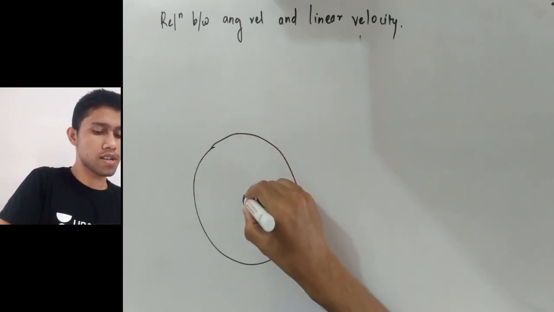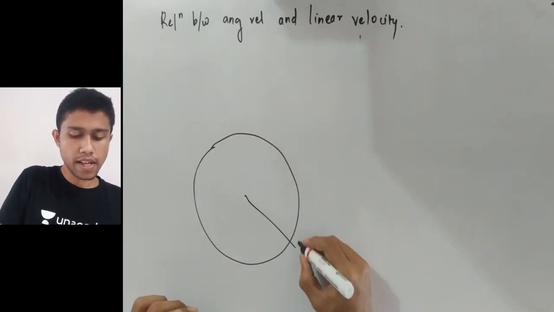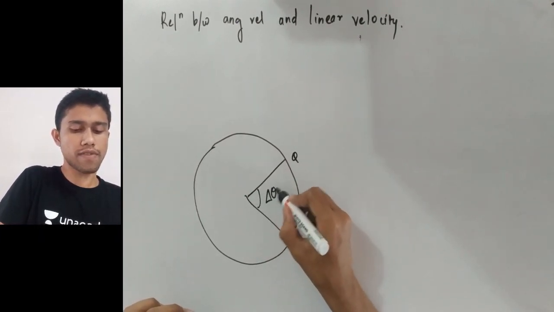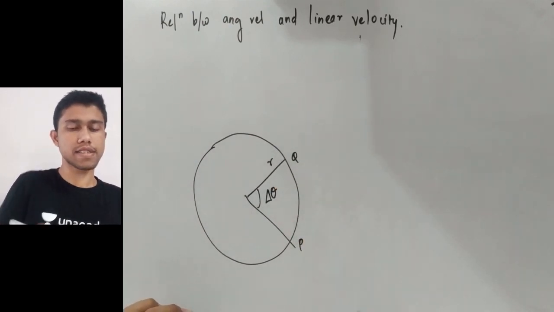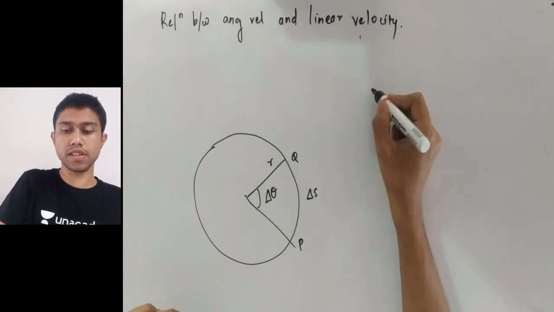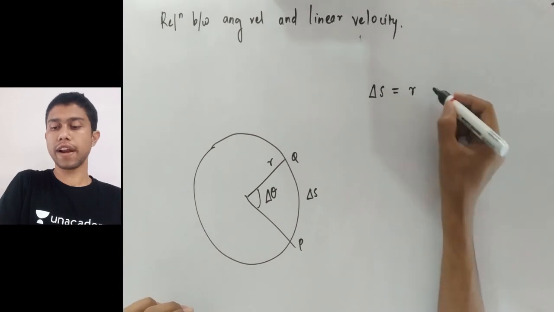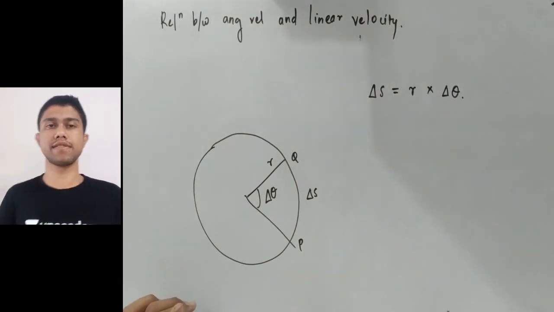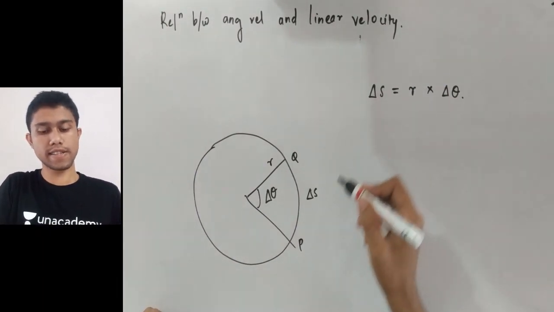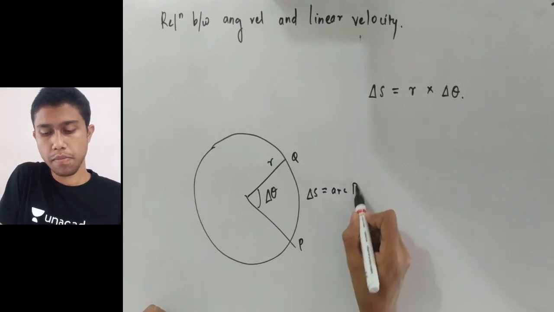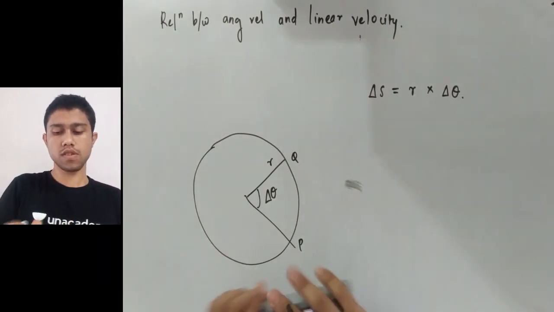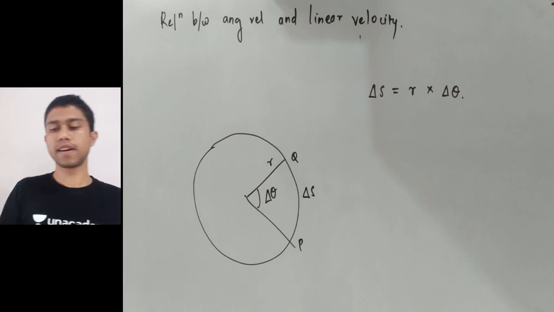Now I'll draw a circle. Particle again starts from point P. It goes up to Q. Okay. It traverses an angle of delta theta. Its radius is r, and it requires a time delta t. So now I know what I can write as an expression. Its arc length is equal to radius into delta theta. This you have learned in the previous topic as well as in your previous grades. Okay. So what is delta S? Delta S is the arc length, that is arc PQ. Okay. So this is the delta S.